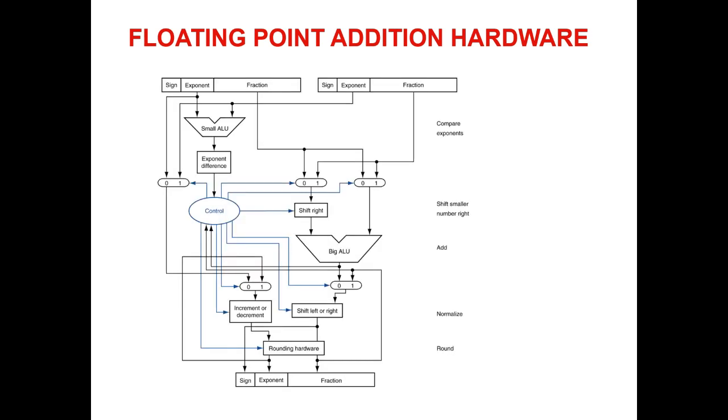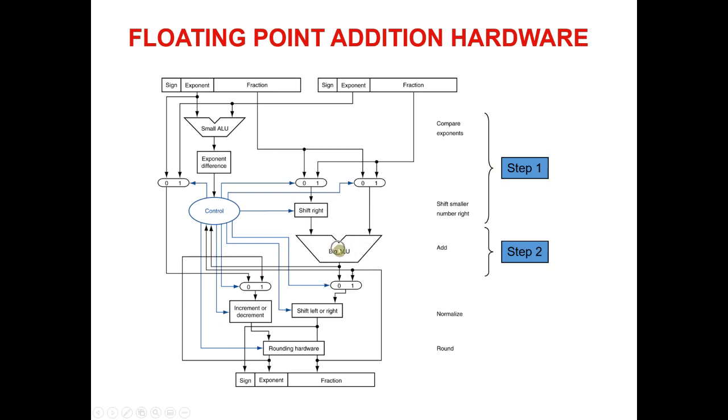Okay, so as I have mentioned, it's a bit more complicated, but initially we have here the first number we want to add in floating point following the standard IEEE 754, and here we have the second number, and at the end we have the resulting number. So what we are actually doing here is what we have mentioned in the previous algorithm. The first step is comparing the exponents and making the smaller exponent match the greater one. Then the second step is adding the significands.